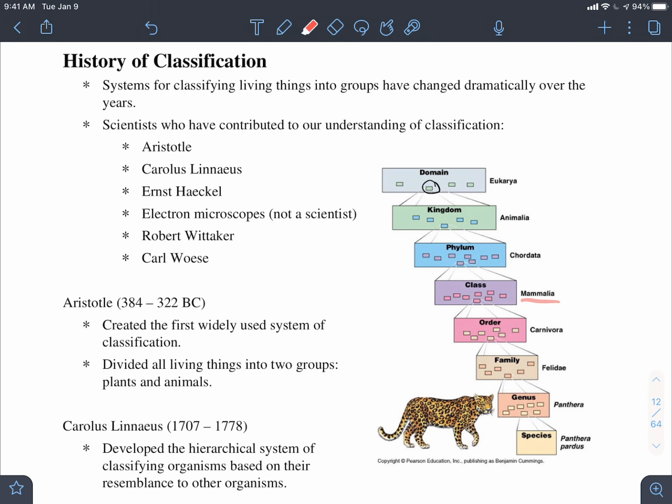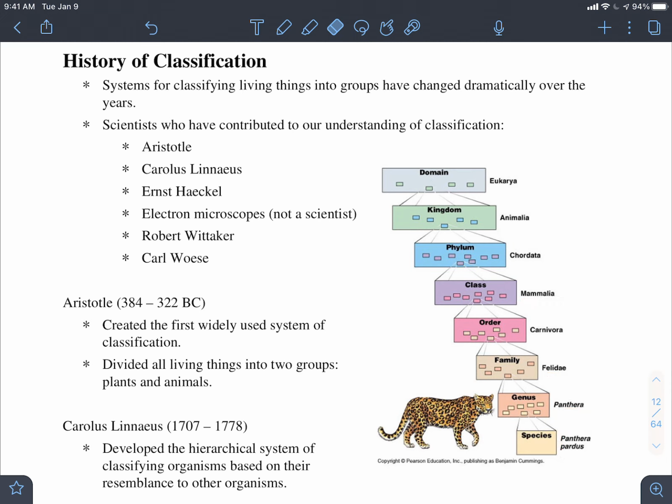They zoom into one order of the mammalia, they get carnivora, so carnivores. They zoom in on those carnivores, they find Felidae. So any organism that kind of has cat-like characteristics. They zoom in on those cat-like characters. There's a bunch of cats that all look like panthers, so they call them pantheras. They zoom in on one of those panthers, and they find the species Panthera pardus, or the leopard. So that's kind of the idea.